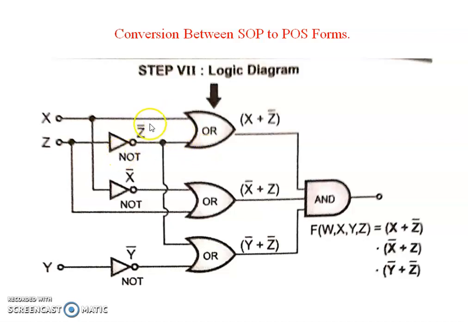So our first term, X plus Z bar, is connected with an OR gate, and this OR gate is connected with an AND gate. Now next one is X bar plus Z. So here X bar is connected with a NOT gate, and this Z is connected with an OR gate, which feeds the AND gate. And the other one is Y bar plus Z bar. So see here, Y bar is connected with a NOT gate,